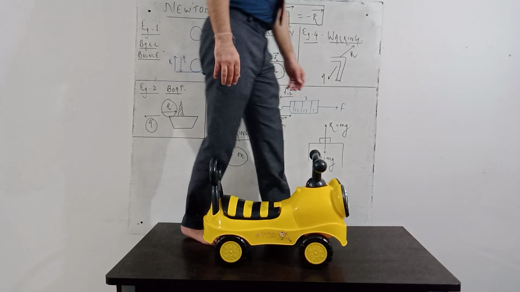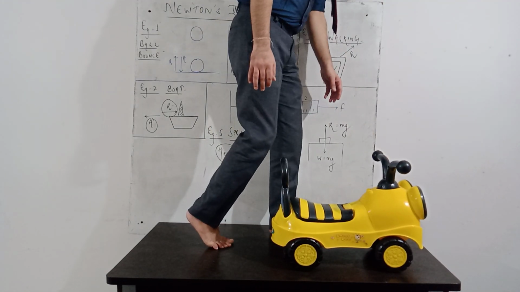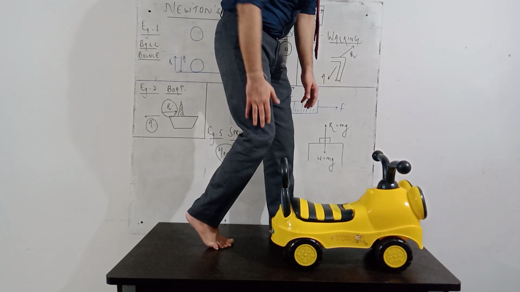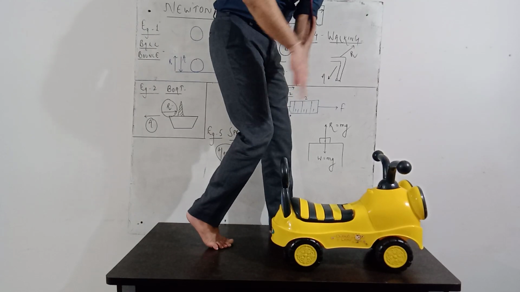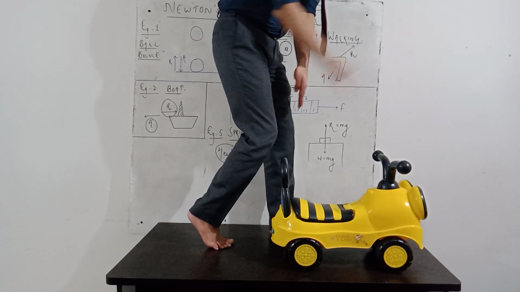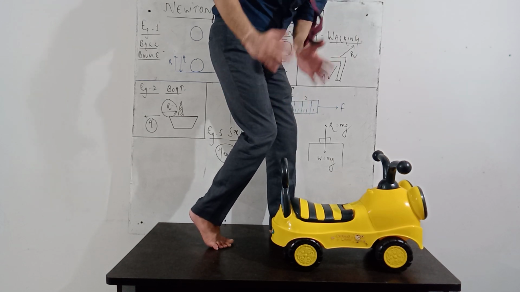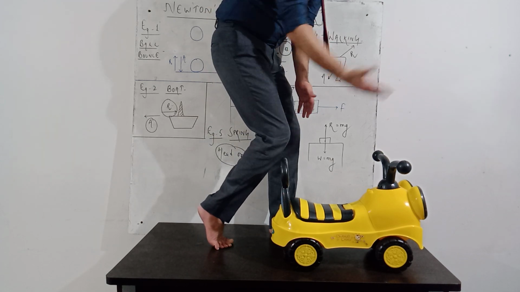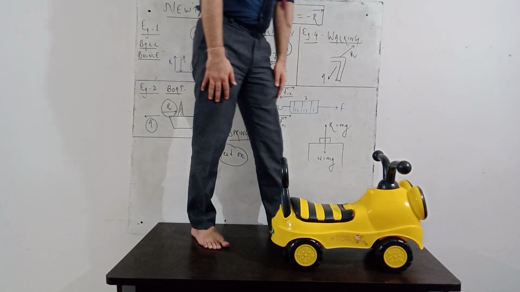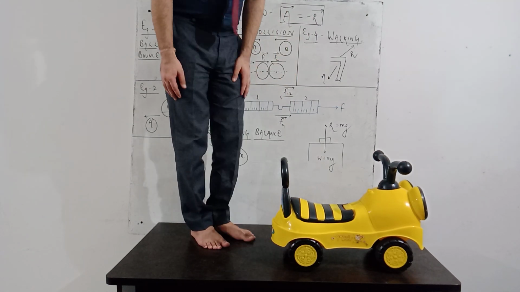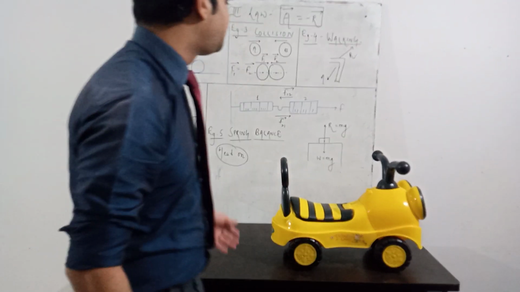If I am applying a certain amount of force to move forward, my knee will generally bend in this direction. So we are pushing the earth in the backward direction and we are moving in the forward direction. Our application of force on the earth is called action, and the earth again applies a certain amount of force in the forward direction on our body, which is called reaction. And again, these two forces will be equal and opposite with respect to each other.